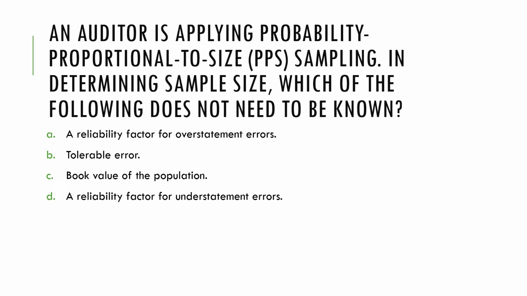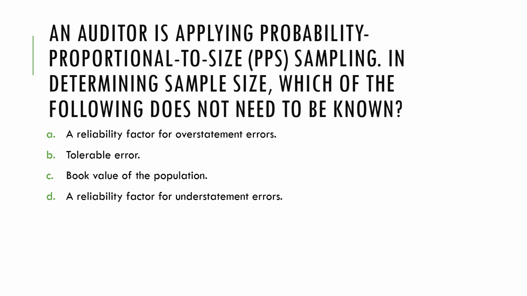Next, an auditor is applying probability proportional to size sampling. To this, we recall the characteristic of probability proportional to size sampling is that it uses the peso amount as the sampling unit. Therefore, the larger the balance of an account or a transaction, the bigger is the chance of it to be selected. While we are talking about amounts and balances, this actually still uses the attribute theory, but this time applied to monetary balances.